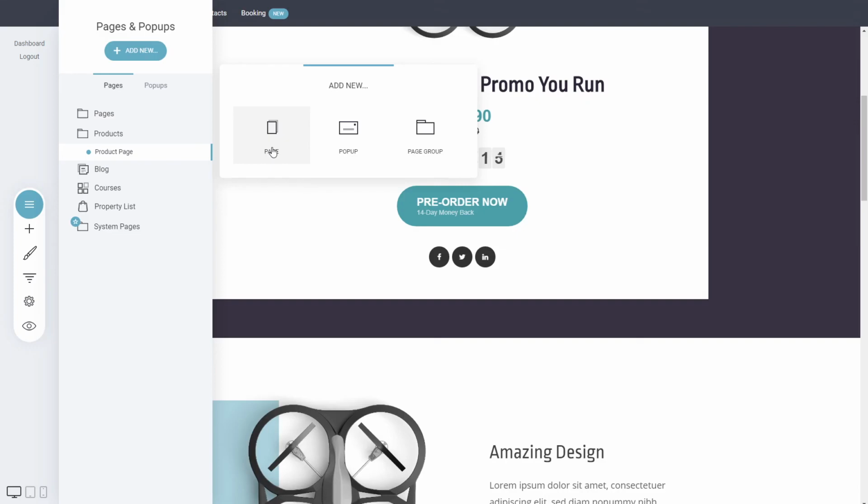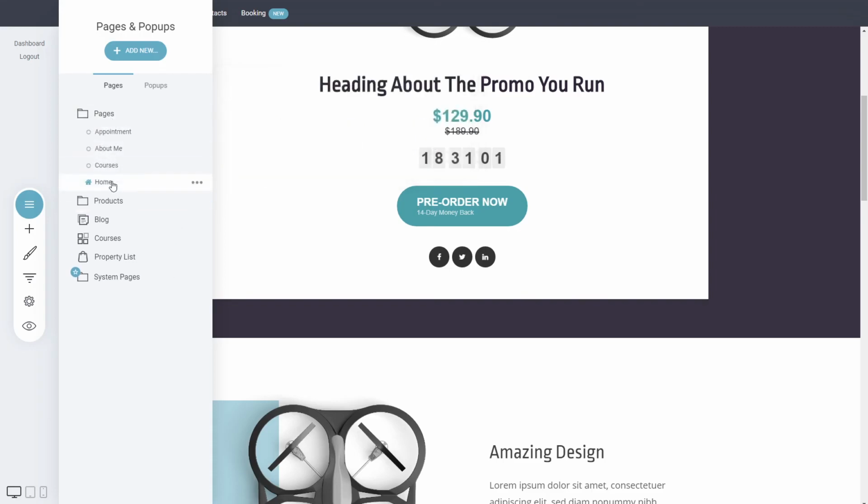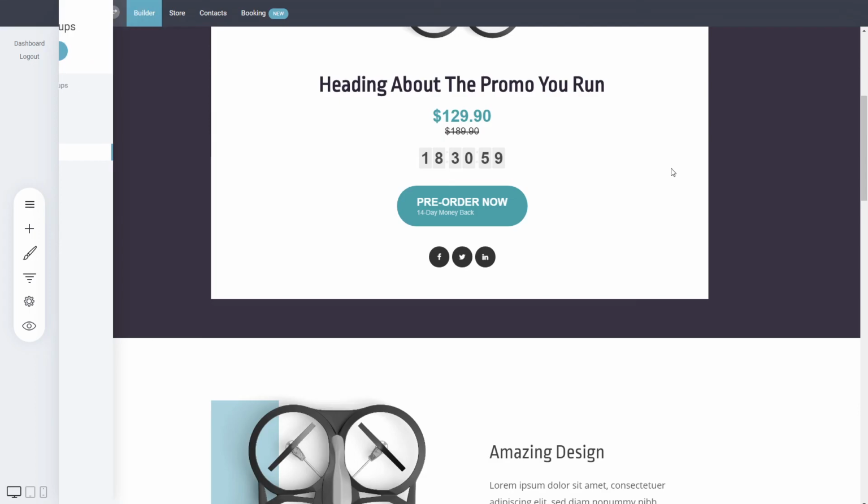Basically creating new pages, new pop-ups, groups, and again, if you don't have the blog, the portfolio, which in this case is courses, and the store, you can add them from here as well. And yeah, you can play around, create as many pages as you want, go crazy, and yeah, edit them with the